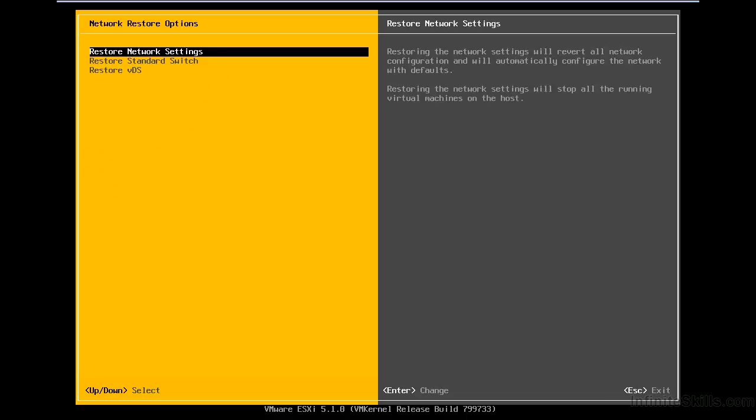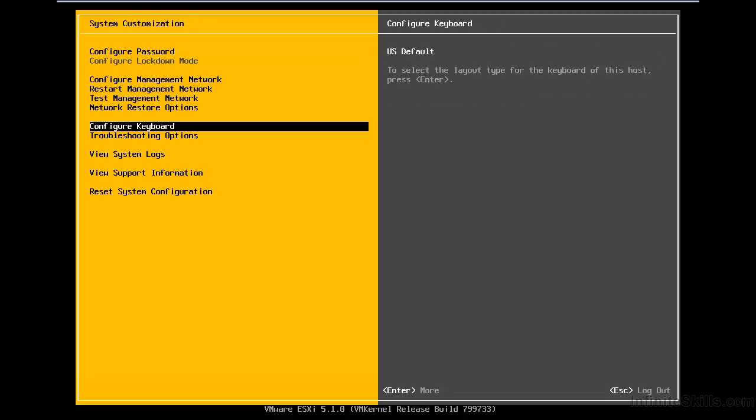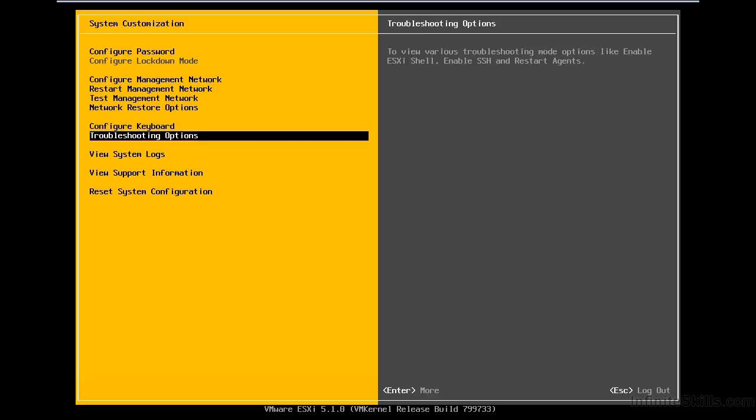So I don't really need to do that, but you can see that I can restore the network settings, or I can go back and switch to the original standard switches or switch back to the distributed switches if necessary. The troubleshooting options are fairly interesting. As I was saying, we have a Linux style shell, what we call the ESXi shell, available, so we can